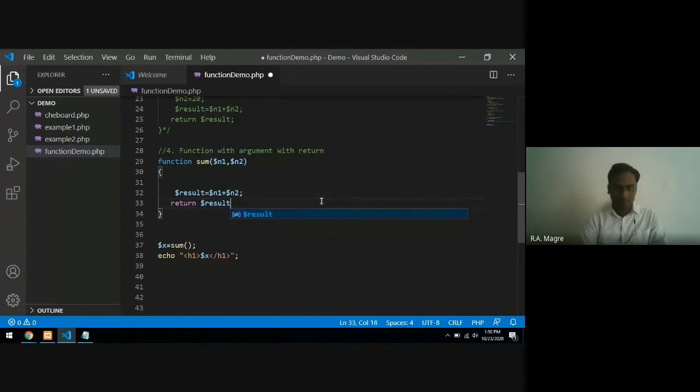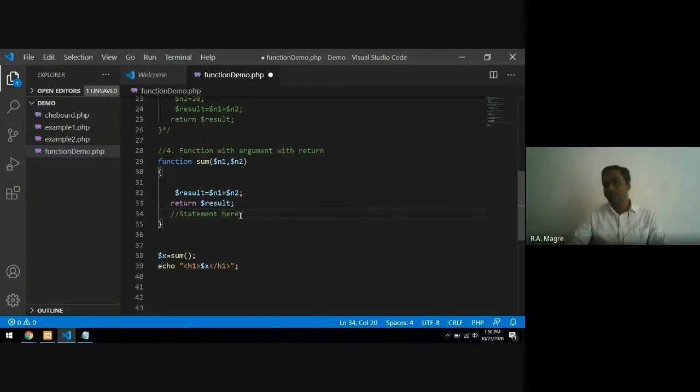Return $result. And remember, when a return statement detects in a particular block of function, तो वहां से control उस function के बाहर निकल जाता है. So if you write some statements here, so these statements will never execute.